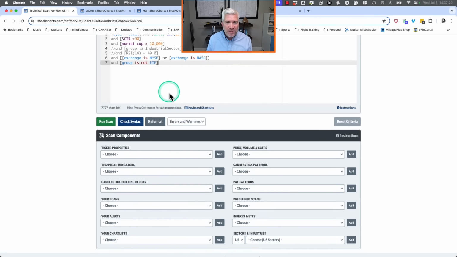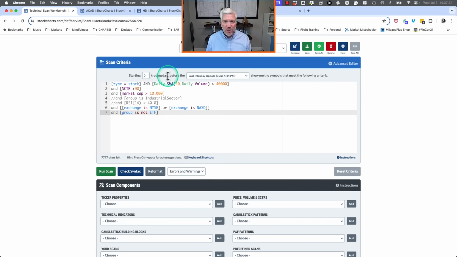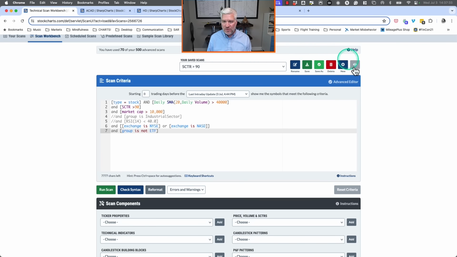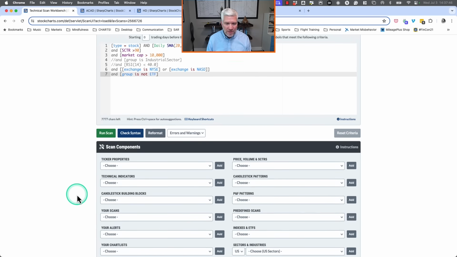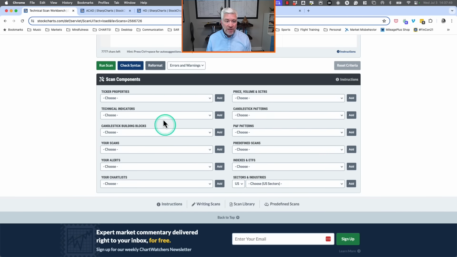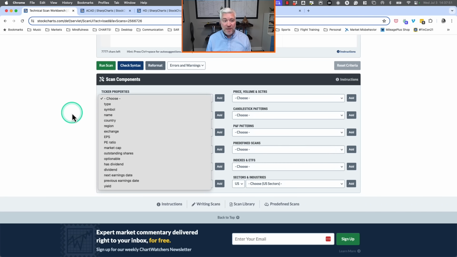at the bottom. The way that this basically works is this is your workspace where you set your scan criteria. You can create new ones and save different ones. And you're building this simple program with the drop-down menus, and it'll create the language and the vernacular that you need. You don't have to know how to program or code, and I certainly don't. You just have to know how to pick things off of a menu, which I think all of us are